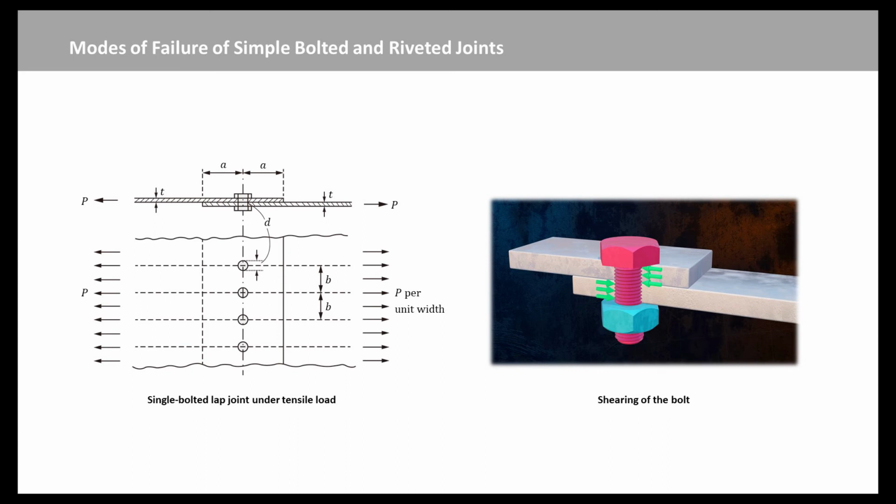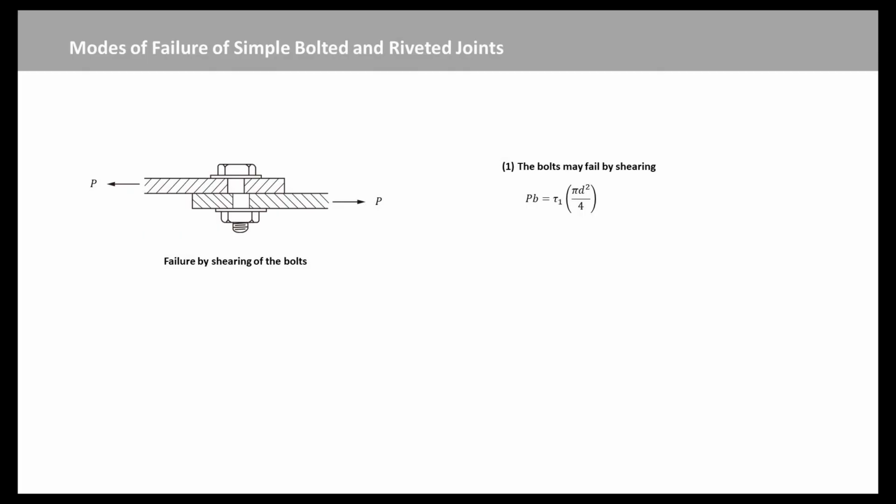Suppose also that the bolts are each of diameter d, and that their centers are a distance b apart along the line of bolts. The line of bolts is a distance a from the edge of each plate. It is assumed that a bolt fills a hole, so that the holes in the plates are also of diameter d. We consider 4 possible simple modes of failure when each plate carries a tensile load of P per unit width of plate. First, the bolts may fail by shearing.